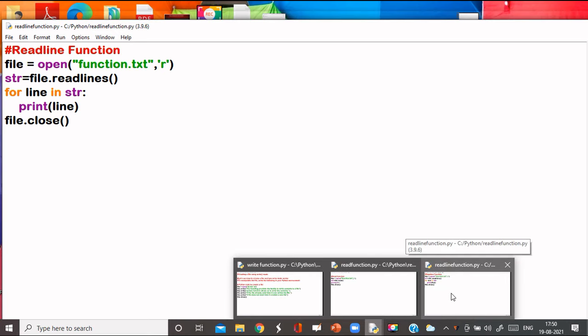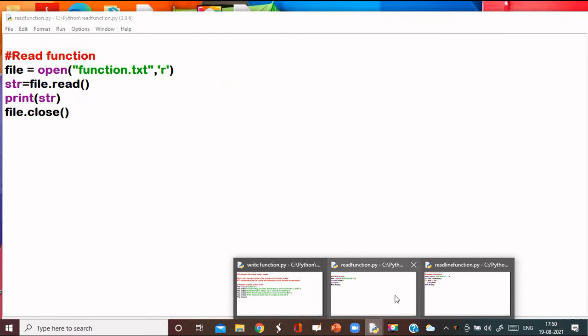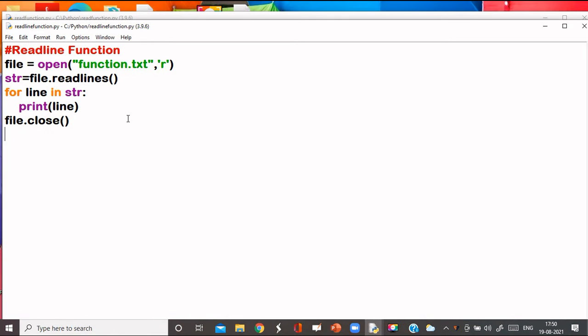Next are the functions readline, write, writelines, and then readlines. These are the things we will learn. These are the demonstrations of file handling.